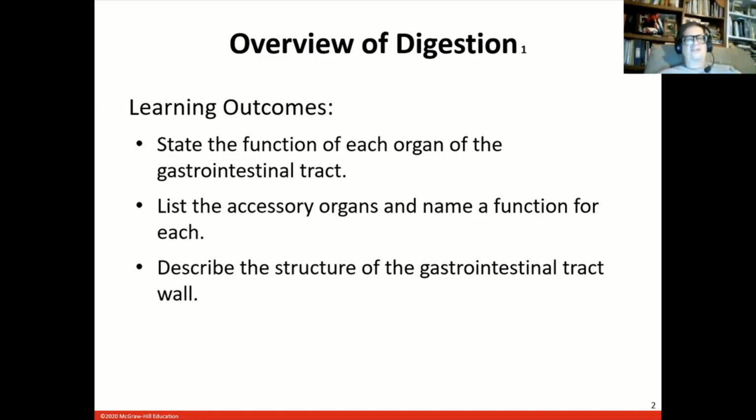And then the other exception, you get down to the large intestine, most of that muscle is gone. You're left with little tiny strips of muscle. They're called the taeniae coli, the tendinous cords. They're not actually tendons, they're muscles, but they're that thin. And they exist mainly to move food along. But we'll get to that. All right. So